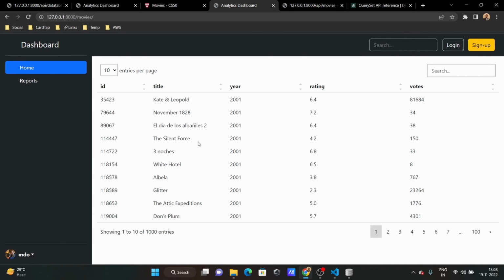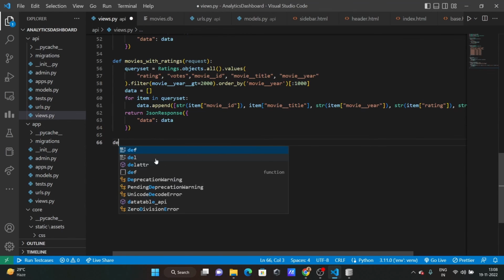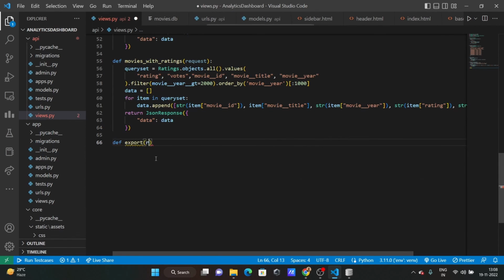Now let's see how to export all this data into a CSV file. So I'll create a button somewhere on the page, and I want to create a function such that when I click on the button, the data present inside this table should be exported into a CSV file. Let's see how to do that. For that, I'll go to the views file, and I'll create a new function called export, take request, pass, and inside that,